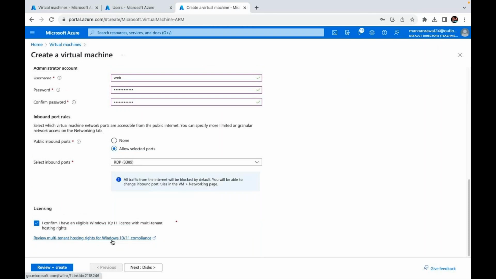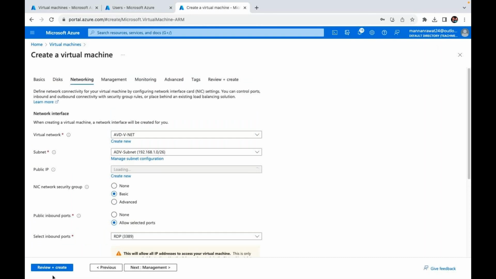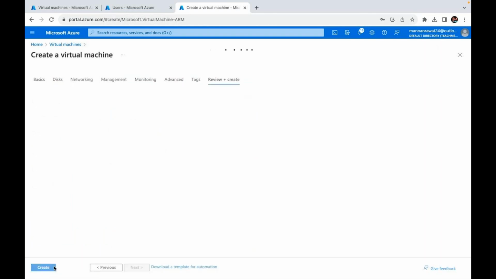Select and accept the terms and license. I don't want to open any other port. 3389 is applicable for this machine, and by using 3389 we'll take the RDP of our VM. So I'm going to proceed and create our virtual machine, but meanwhile, let me show you the procedure or prerequisites